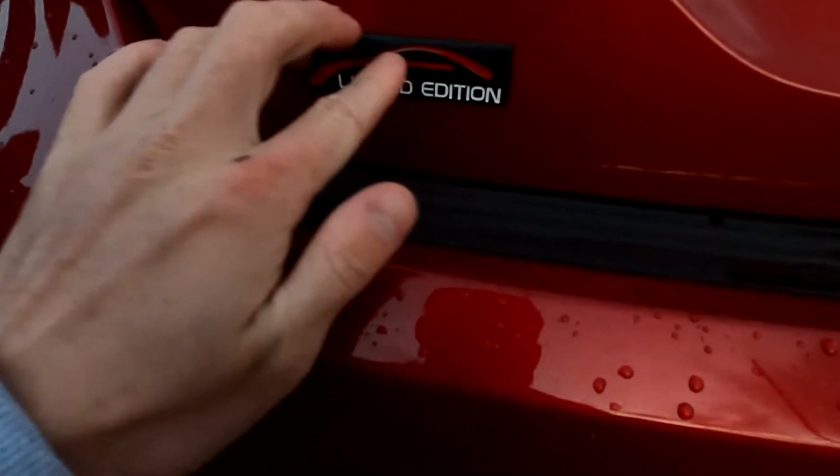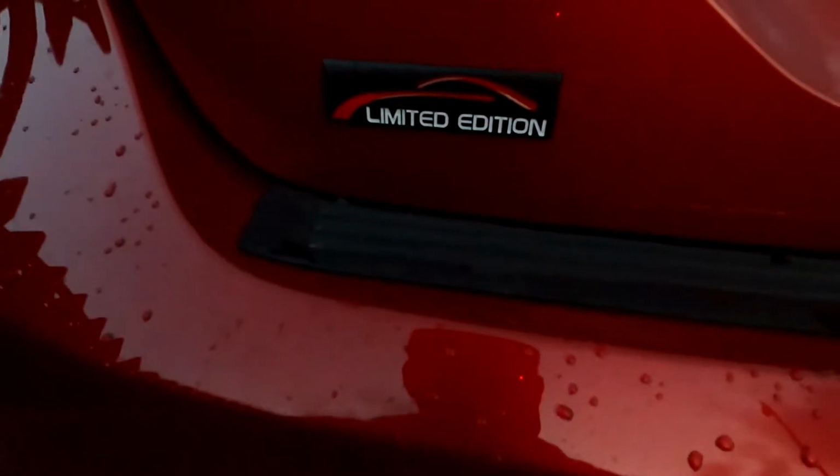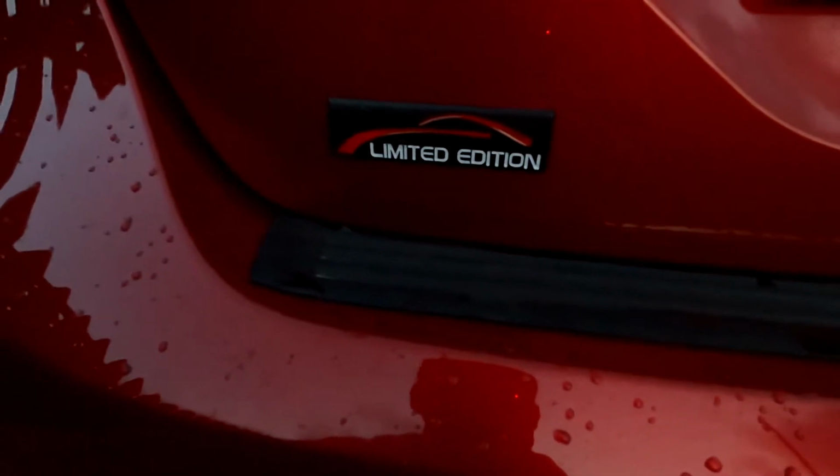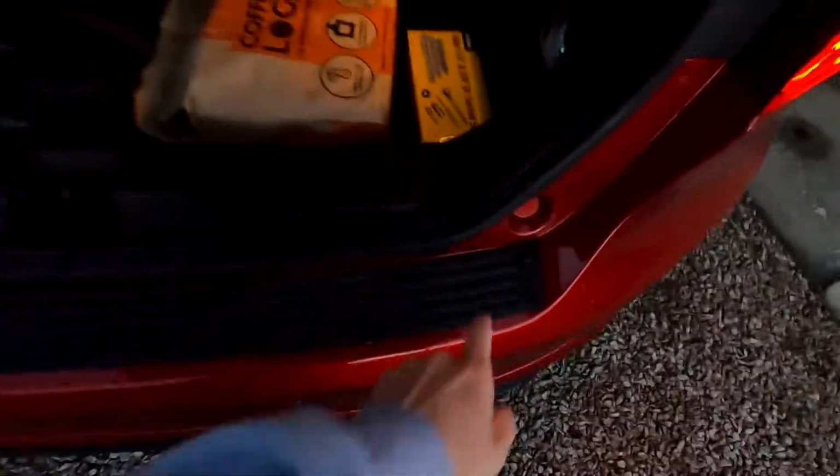I also took off the Fiesta letters here, but if I'm being honest, they look alright. And I just put a limited edition badge here, which I bought off eBay for about £7. I put that on because this car was a limited number when I bought it. And this rubber bit here I put on,